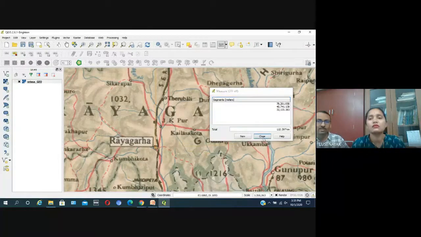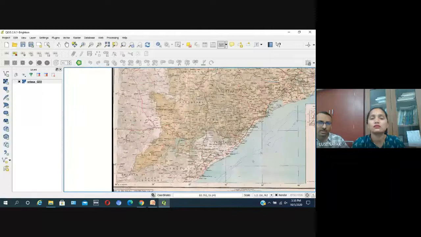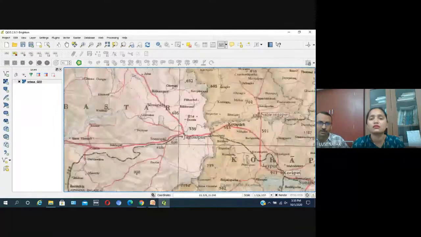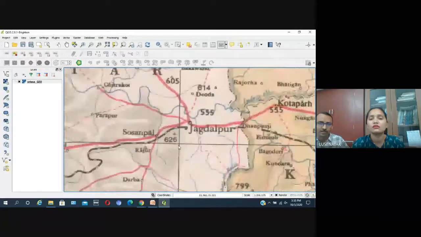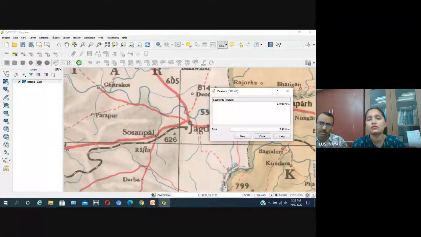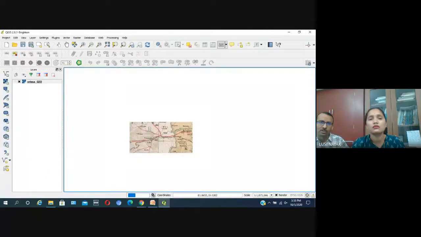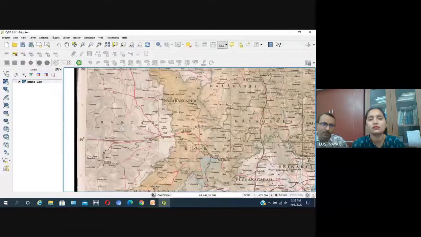Once the map is georeferenced, I have just shown you the intersection points for which you know the coordinates, so we are validating. But for any other point on the map, you can get the coordinates. Here, if I put the cursor, the coordinate is there.